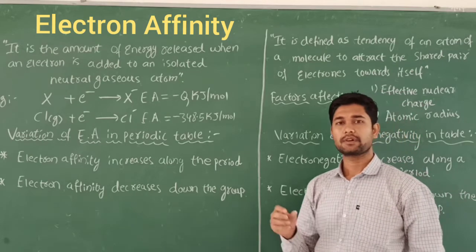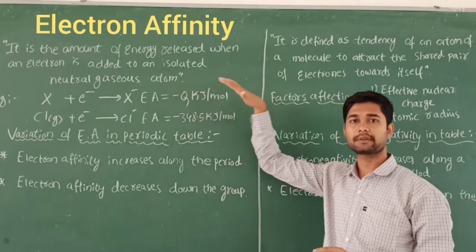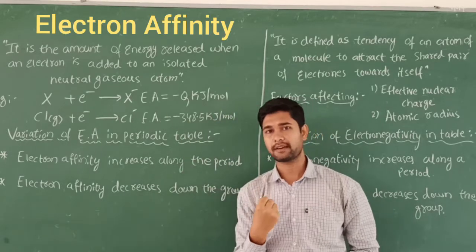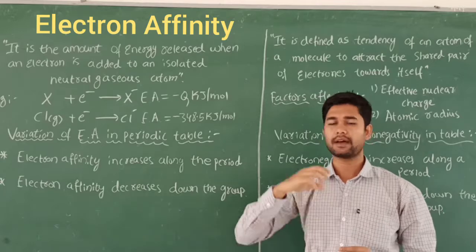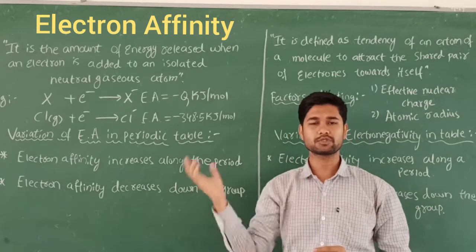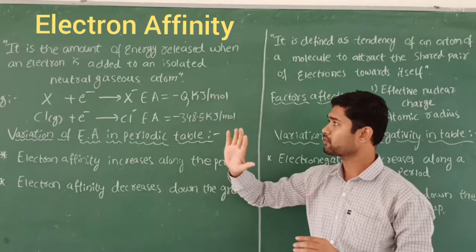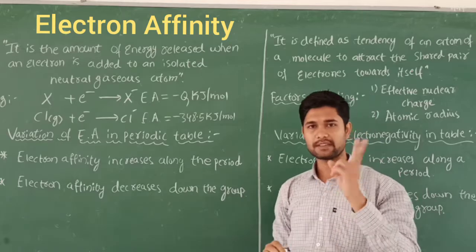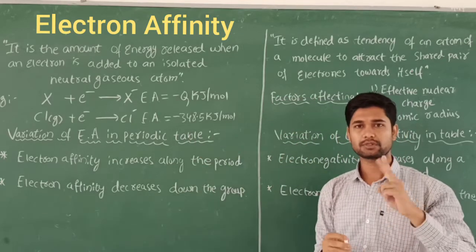I mean, in order to put one electron in, energy is going to be released, right? In order to remove one electron, energy is going to be required, as we have seen in the ionization energy. To remove one electron from the outermost shell, energy is consumed, required. But here we are going to put one electron in, which means energy is released. That is vice versa: ionization energy and electron affinity are opposites.